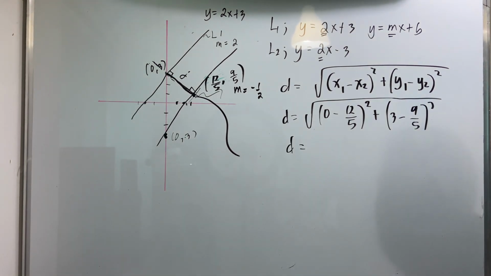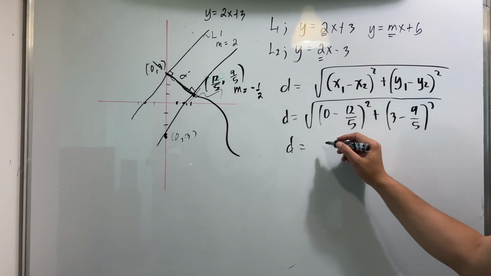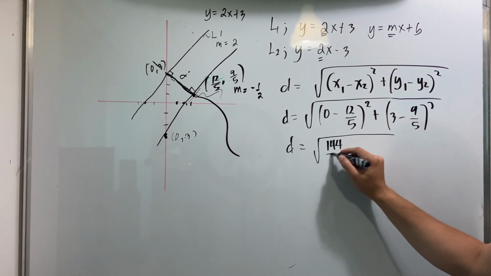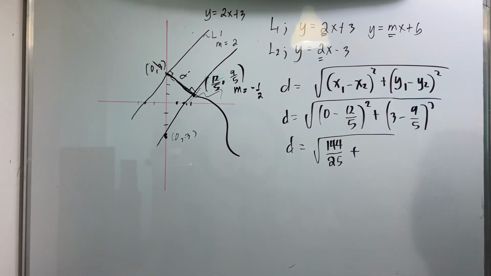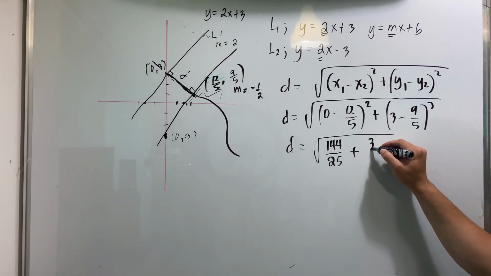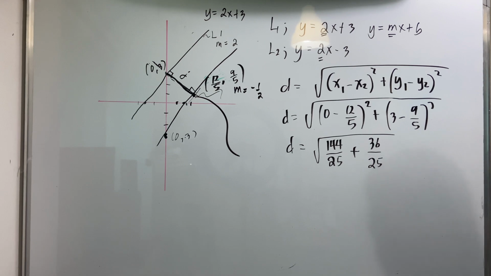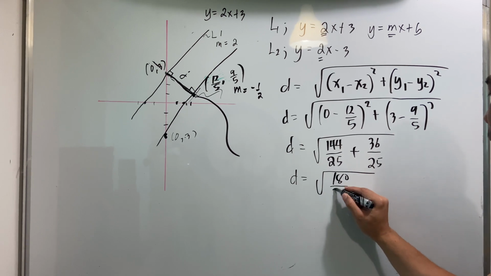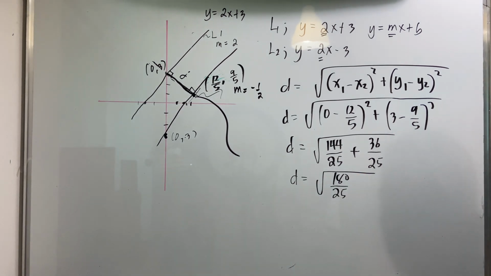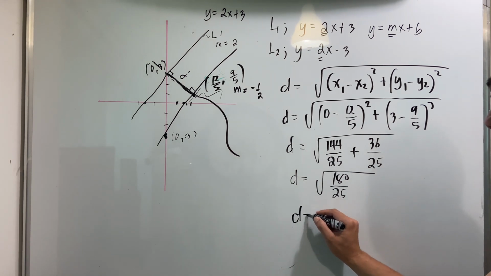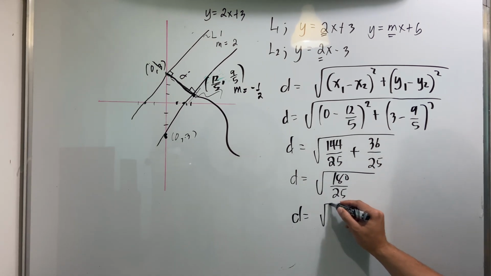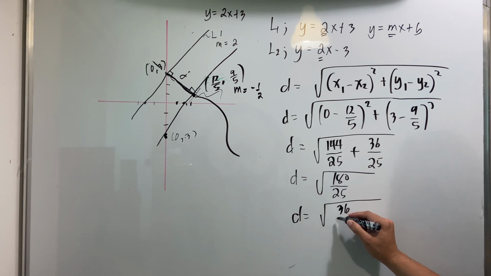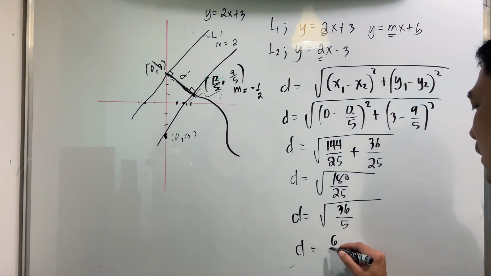So let's try to compute that one. That is negative 12 over 5 squared, that's 144 over 25. Plus, that is 15 minus 9, that is 6, that is 36 over 25. Okay? So therefore, the distance squared is 180 over 25. So I think we have a common factor here, which is 5. So d is equal to the square root of 36 over 5,